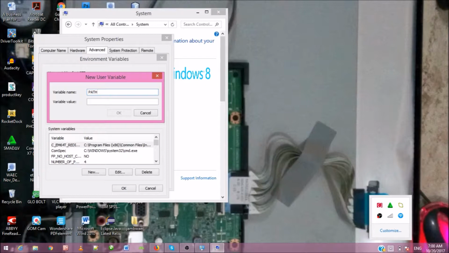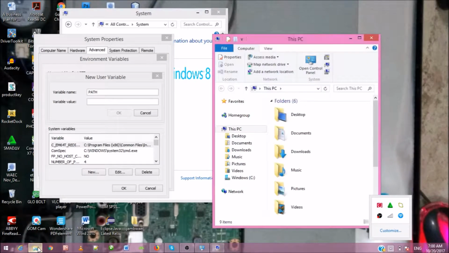Path. Then after typing path, you're going to copy the bin directory of the Java you've installed and paste it here and click OK and OK every other thing. But how do we get to the bin of the Java that we've installed? I simply clicked